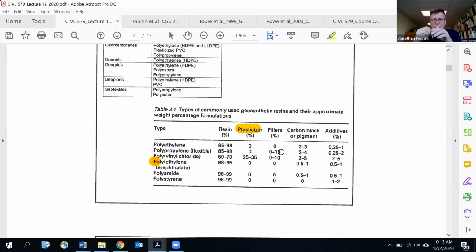And then the catch-all phrase additives on the right-hand column there would speak to processing aids, little antioxidant packages that are put in